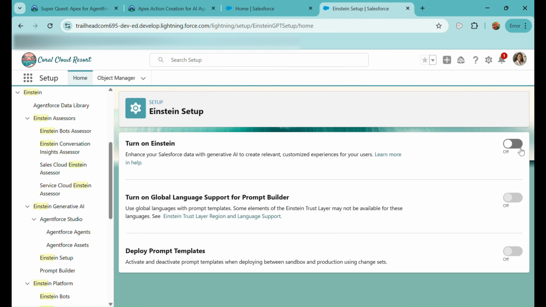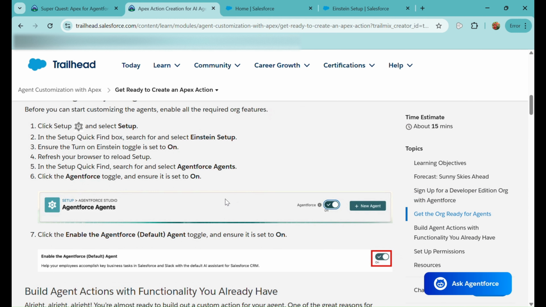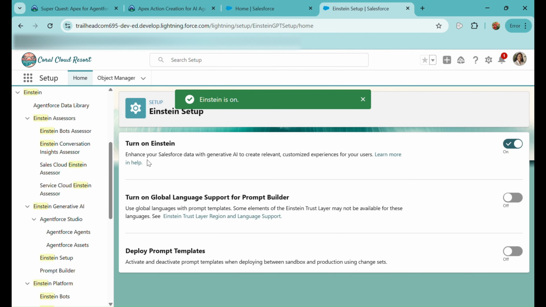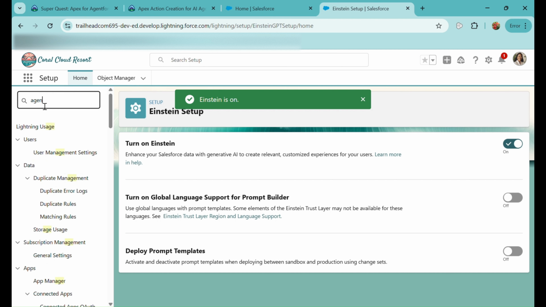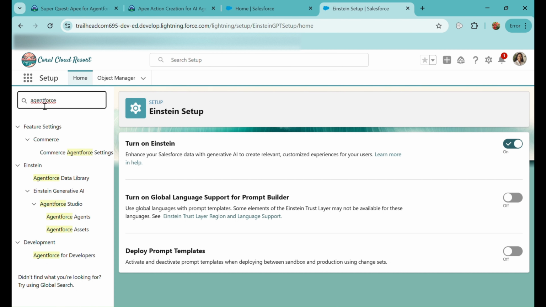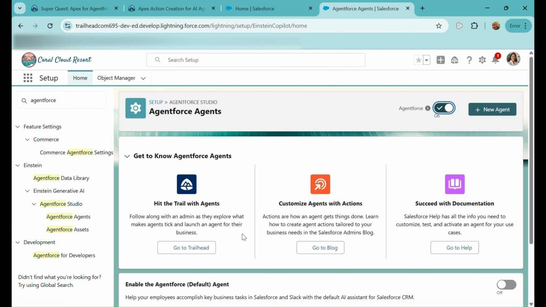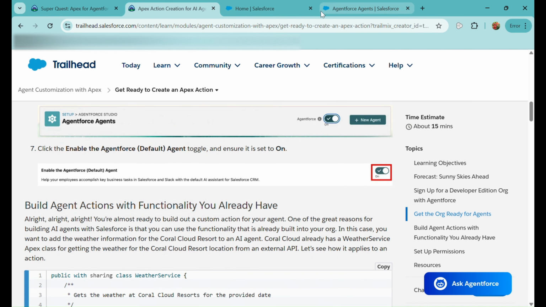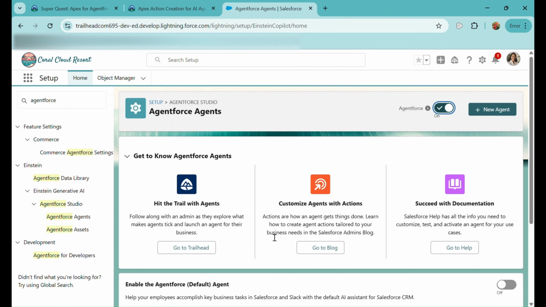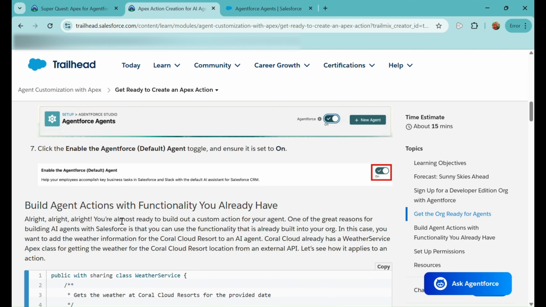Then I can just turn on Einstein, and then I need to search for Agentforce agents and enable Agentforce as well. And I need to enable the default Agentforce agent as well. So this is the default one, and that is also done.